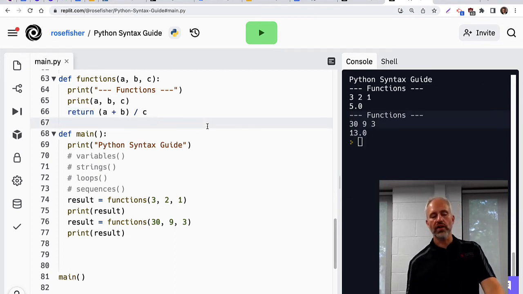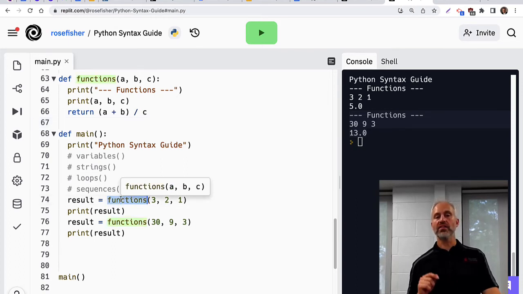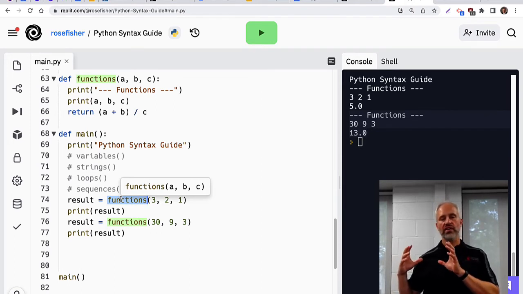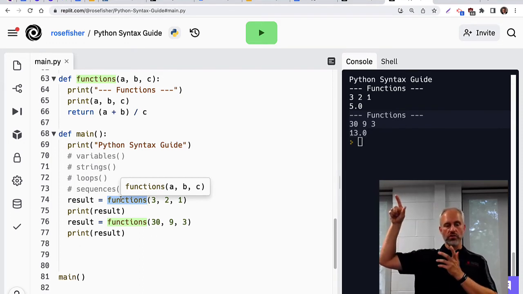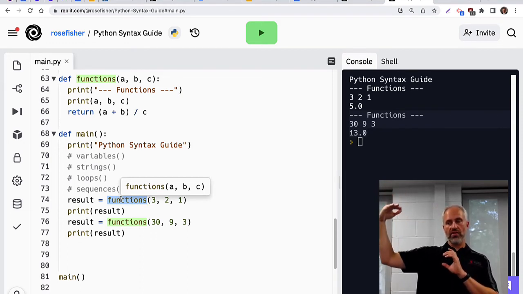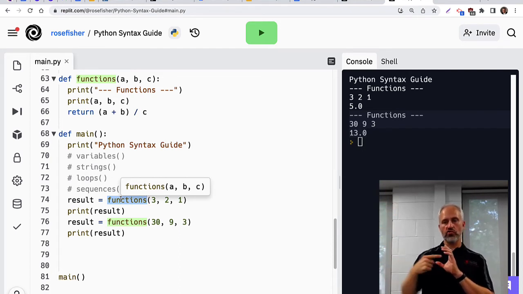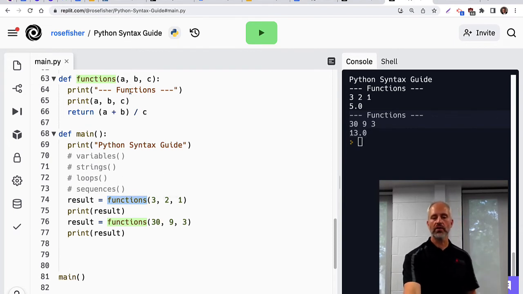Now, the most important thing about functions is getting your brain around what the computer does. So it called main. Main ran to right here, and then main hit this other function. Really, it halts execution in the main area and goes and runs that function, which is called functions. Then it does that all the way through, and when it's done, it returns control back to main. So whenever it hit this spot right here, it jumped up here, printed the word functions,